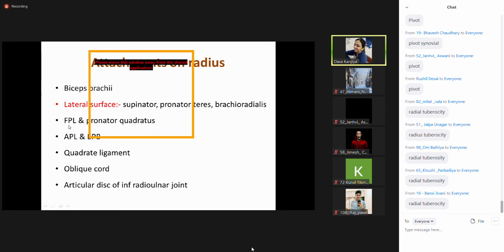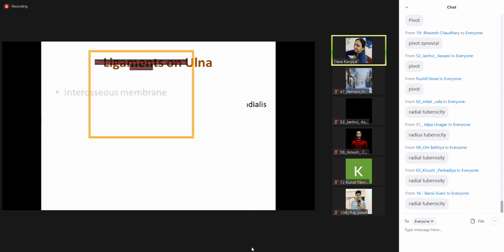Then on the posterior surface, flexor pollicis longus. In the lower aspect of the anterior surface, pronator quadratus. And the two ligaments, quadrate ligament and oblique cord, and the attachments of the articular disc of the inferior radioulnar joint. Then on the ulna, the attachments of the interosseous membrane, capsule of elbow joint, annular ligament,